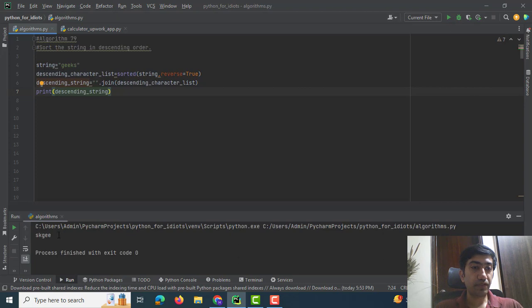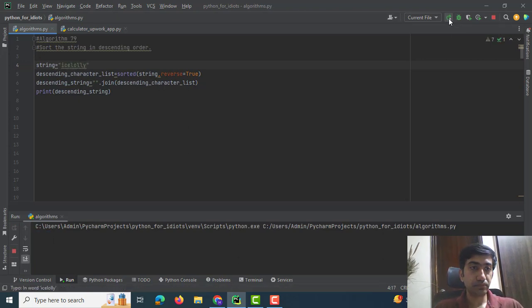we have successfully converted the original string Geeks into SKGEE. The string has been sorted in a descending order. If I change the string to ice lolly, so this would be our output,